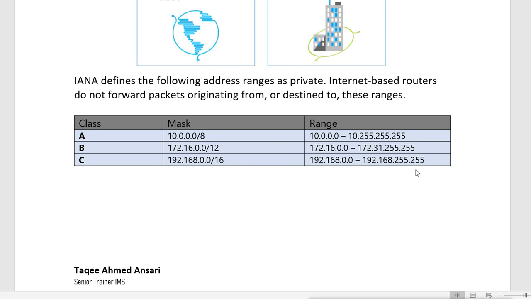So they have left networks from 0 to 255 here, because this third part is also network in class C. So you have 0 to 255 as networks, and these are all private networks and all IPs are private. So you can use these without any concern and without asking IANA. You can use these ranges, but they will not work in the internet environment. These are not routable on the internet.